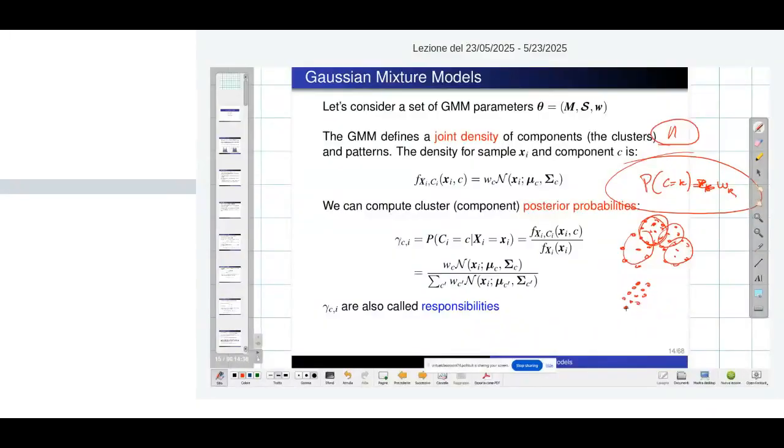Now, we assume that that's how the samples were produced. We want to find the parameters of this distribution. Why? Because that then allows us to describe the overall distribution of the samples. Again, we don't know the cluster label, but what we care about here for the GMM is to find the marginal density. So we don't care to find the joint. Well, we will actually know the joint, but we don't care about the cluster label of the samples. Our goal here is